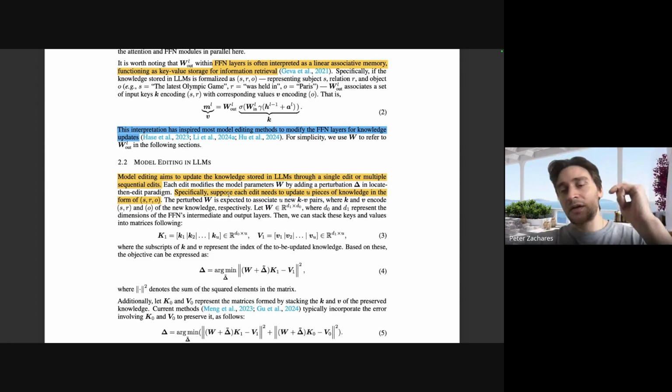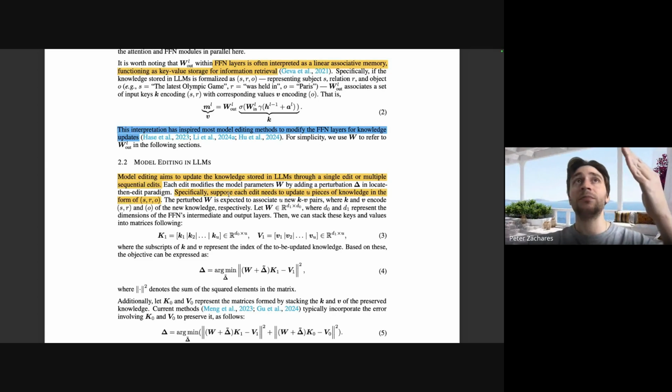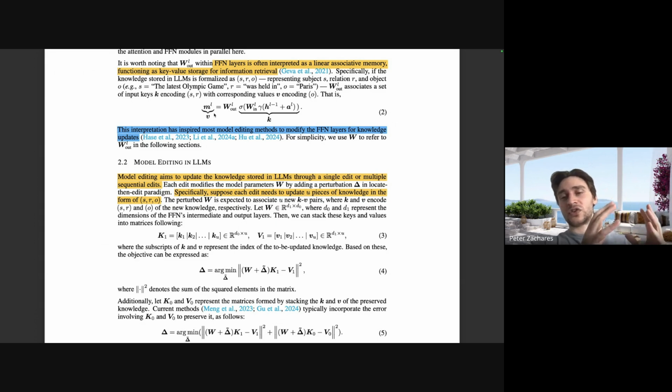I think what they do is they do a forward pass where they calculate the output V over here of layer L, and then they actually do gradient ascent or descent, depending on the objective, to maximize the likelihood of generating the correct next word in the sequence. So you might have an entire sentence that you want to generate, and it's a new fact. And so what you do is you calculate the V such that the subsequent layers would calculate the right representation so that you could generate the sentence that you want to generate.